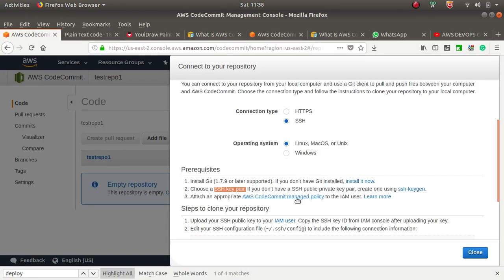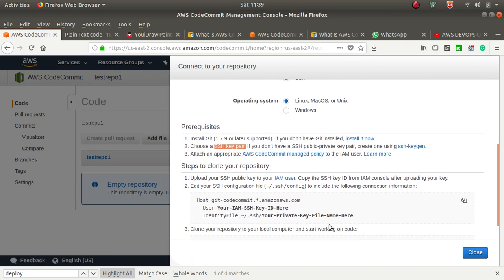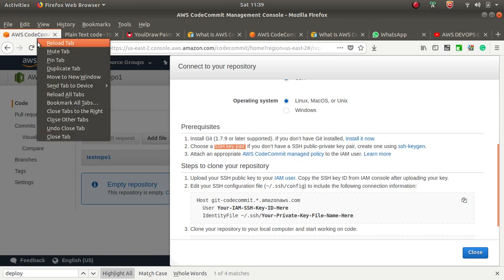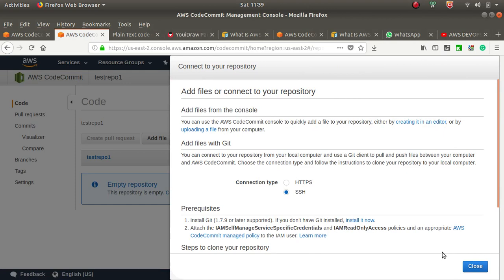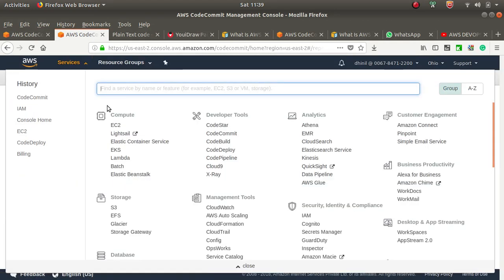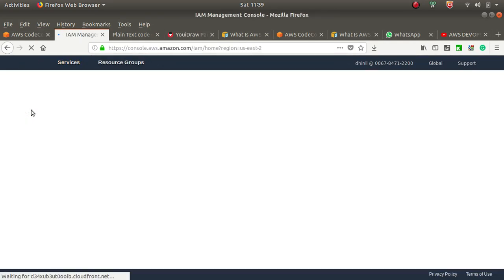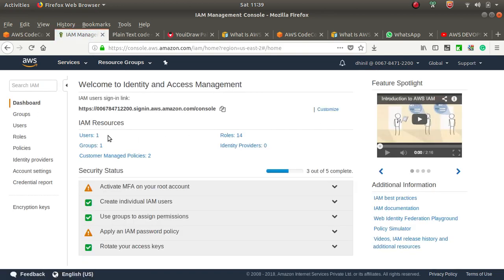Next we need to attach this to the IAM, upload this key to the IAM user. That is step 2. So just right click and duplicate the tab, go to IAM, and then go to users,